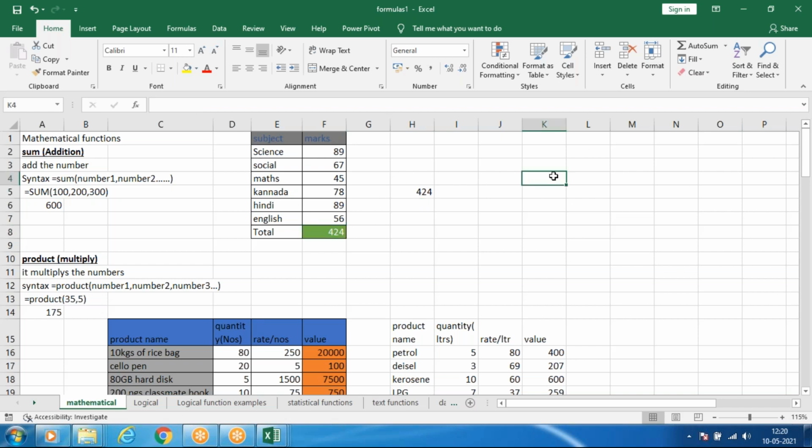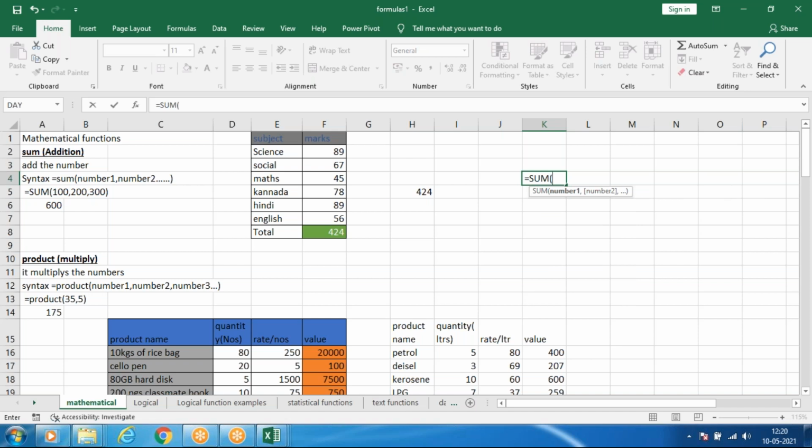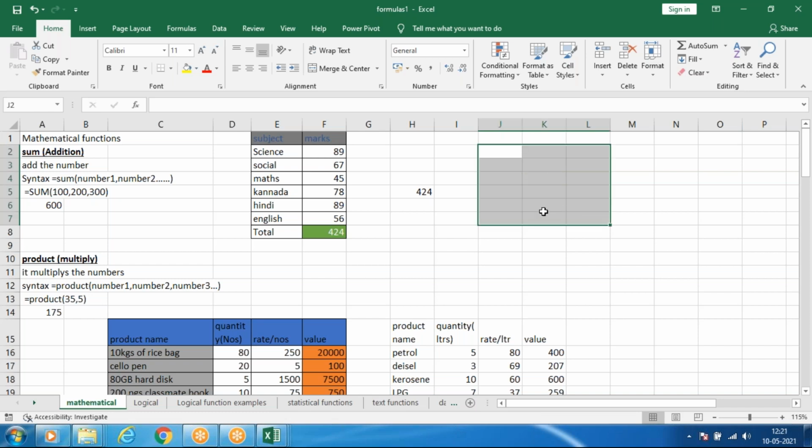For example, if I want the total here, I type equals sum, then select only as much as I want. But auto sum won't work like that. It will just count whatever is there. Suppose you have 5 rows, it will take 5 rows. 10 rows, it will take 10 rows. So that is auto sum.